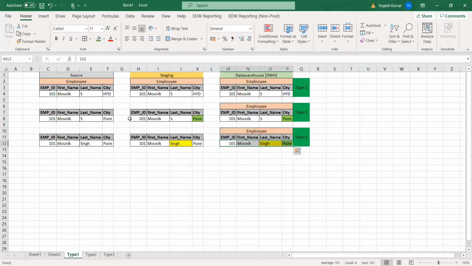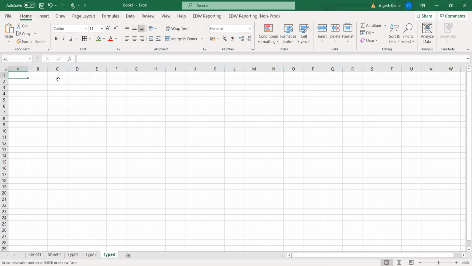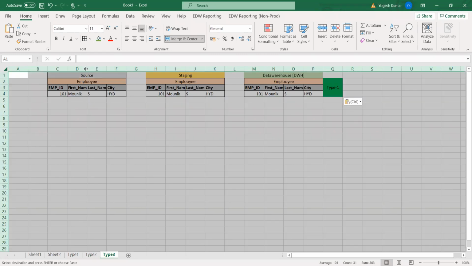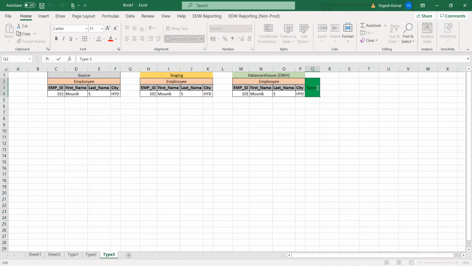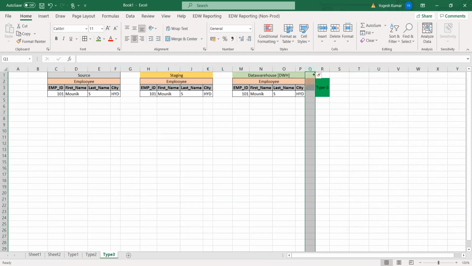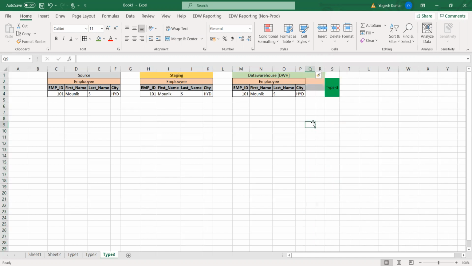We will be using the same example. So we do have this employee table.